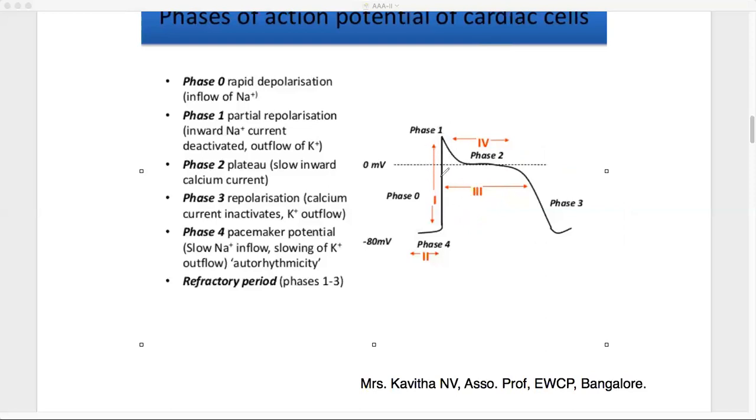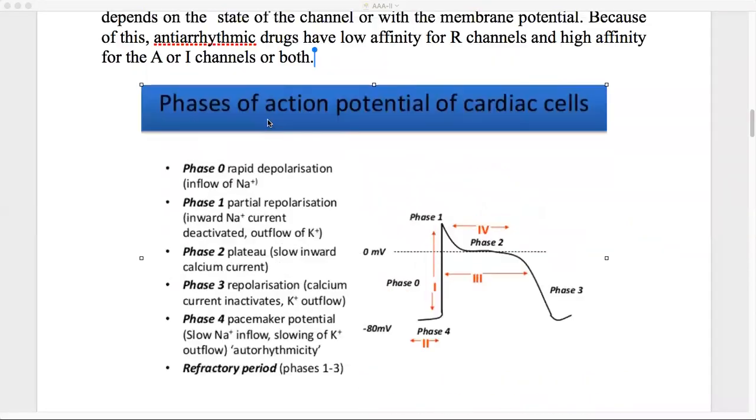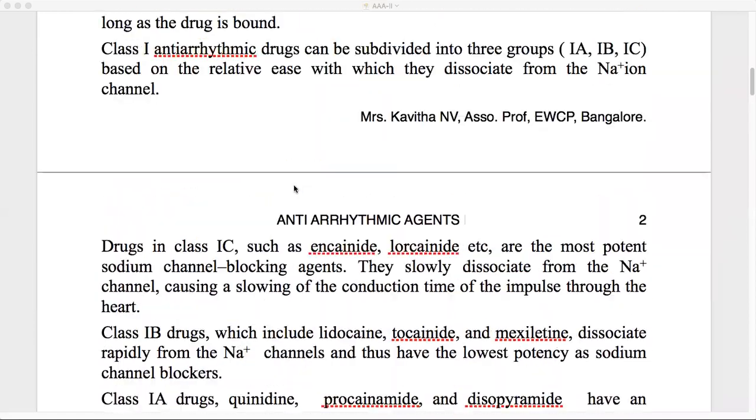When the sodium channel is blocked, there is no sudden influx, no sudden increase of sodium ions. So the positivity is decreased, meaning it is not like this. Slowly, it takes like this. So when there is more negativity, the duration of the action potential is increased, and also the refractory period is increased. So thereby we can prevent arrhythmias. Okay, so this is how our membrane stabilizing agents perform their work.